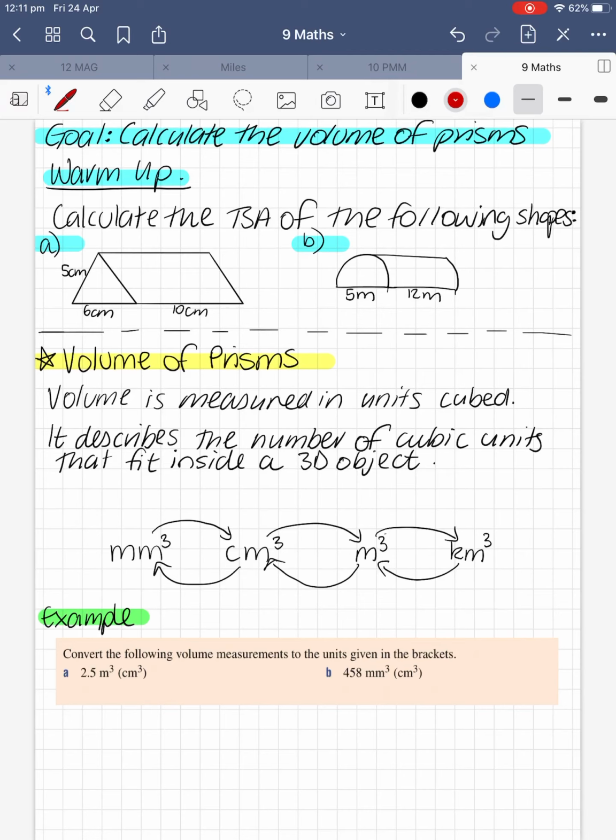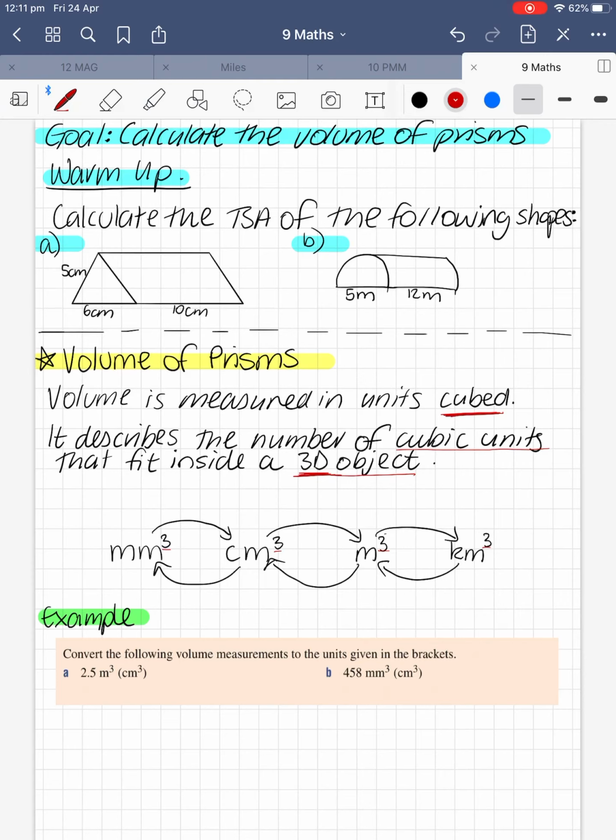All right, let's get stuck into the volume of prisms. Now, we need to recall from last year that volume is measured in units cubed, okay? It describes the number of cubic units that fit inside a 3D object. So when we're talking about volume, we're talking about in 3D. All right, so it's really important that we remember we always have a little cubed on all of the different